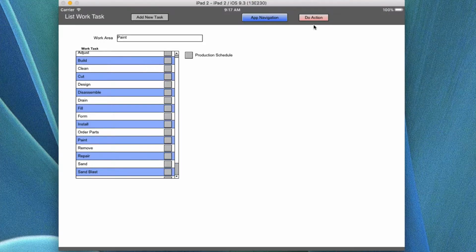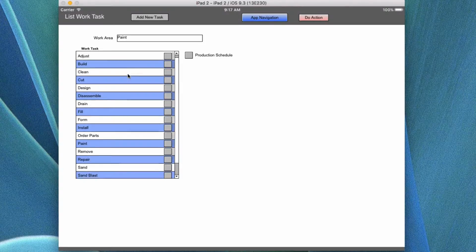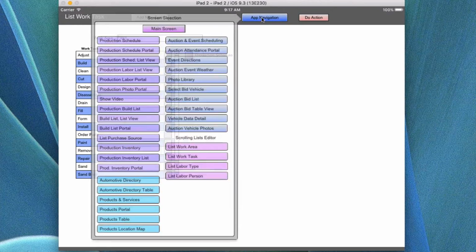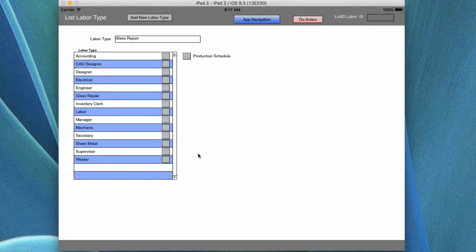Okay, now if you need to find them, you would normally use this to do a search, but be aware that this is a portal and it's not going to work in this screen unless you actually look here. But you don't have to, because all of the items that are in here are going to be on this screen only. So you would not be creating a new record, so to speak, for each one of these, because as you add a new one here, it's adding it and editing up here on the screen. If you wanted to look for it, you can still see it in this portal, and that's true of all the portal records that are in the list portals down here, like labor type,